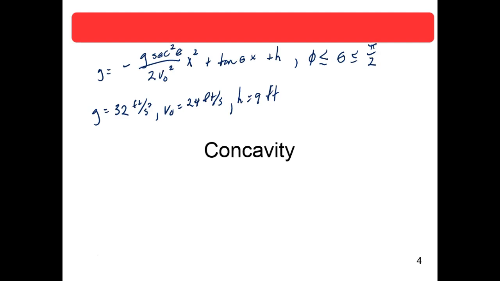Now, what value of theta will produce a maximum horizontal distance? The key words in the very beginning are neglecting air resistance. With that in there, you can almost, not quite, I was going to say you can almost tell the answer to that one, but it will be a little bit different, namely because of that initial height of 9 feet. So anyway, what we're going to do,